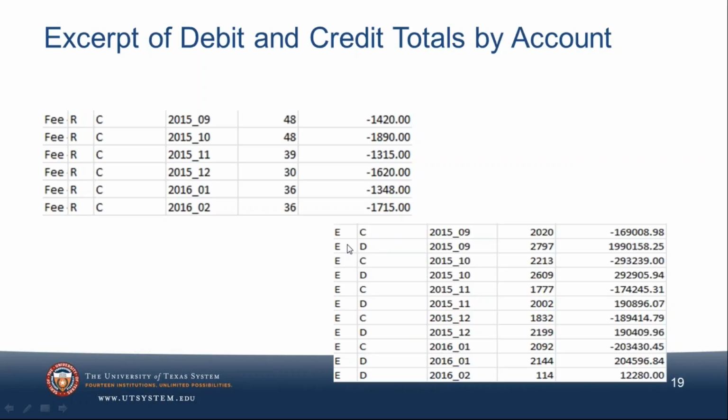Now, if we go down here, we have an expense account, and we have credits and debits, but we have some pretty large changes here. Clearly, there's an in and out. As I was looking at this number, and I'll let you know that these numbers have been changed and multiplied, et cetera, I think, well, that's clearly pretty large.